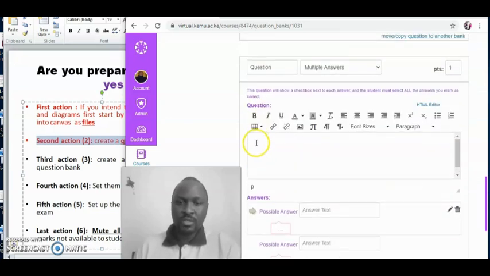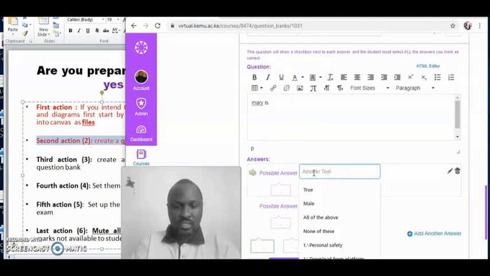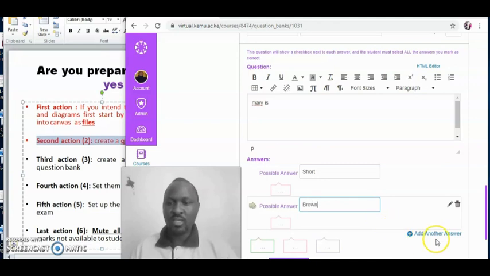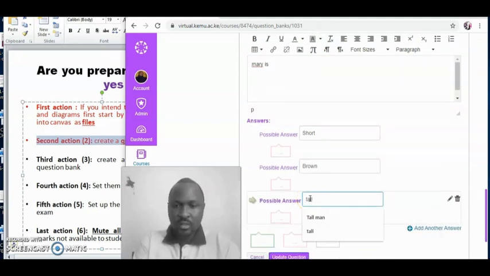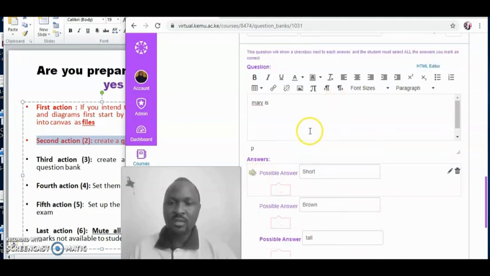So suppose Mary is, and in this instance, Mary, she is short and she is also brown. And I want to add now distractors. She is tall and she is also dark. Those are the distractors. The two answers, once you do this, it means the student will have